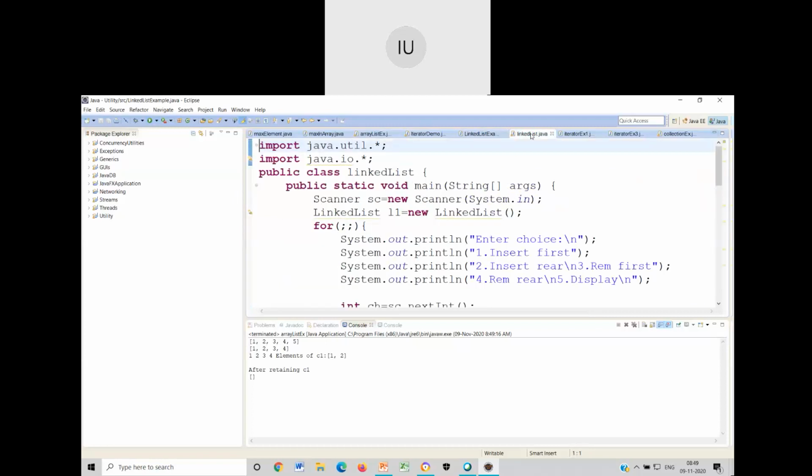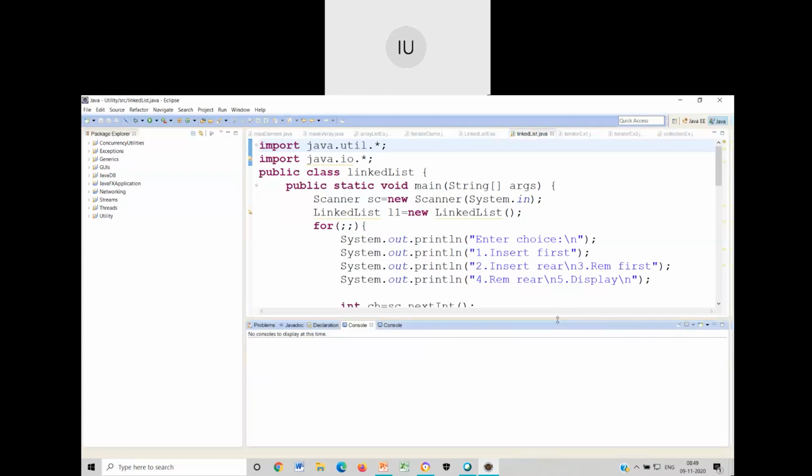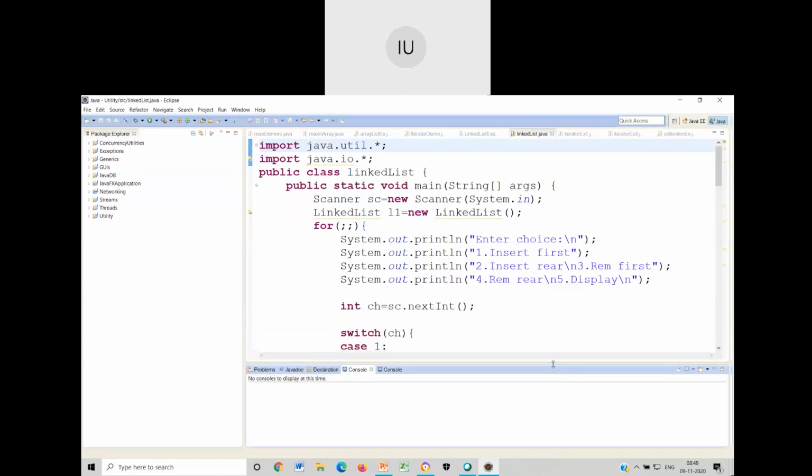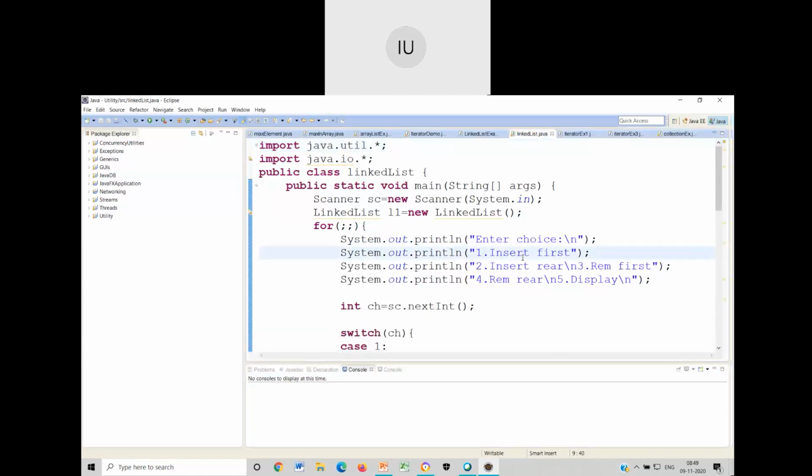Okay. Very simple linked list example I have taken. I think this is most friendlier for us. Previously, we had used this kind of things in data structures. We loved to write the programs on that. The same thing I have taken in the collection class. How easily, how conveniently I can do the linked list operations in case of Java.